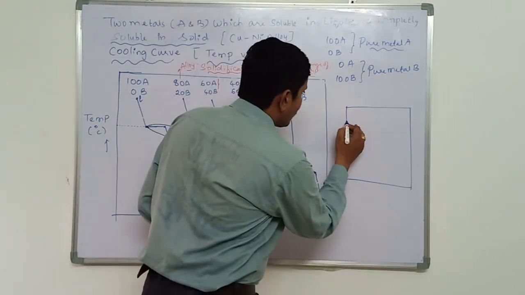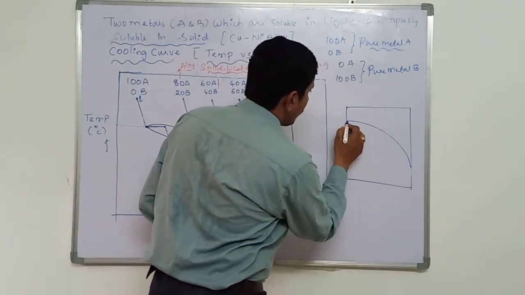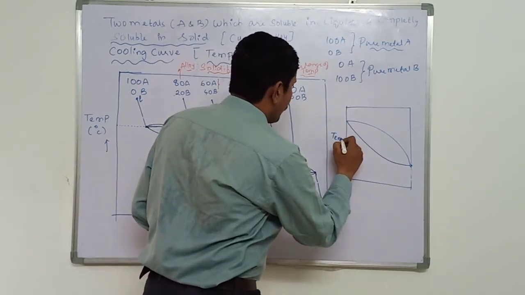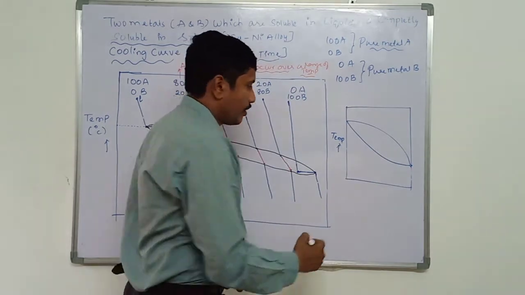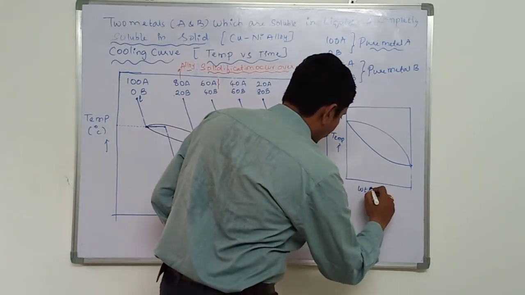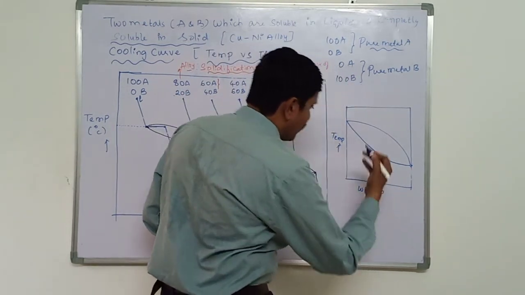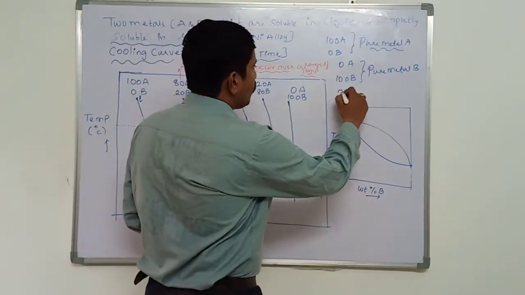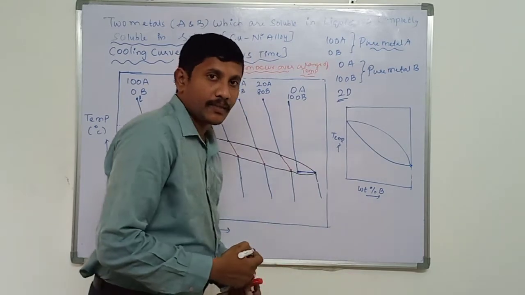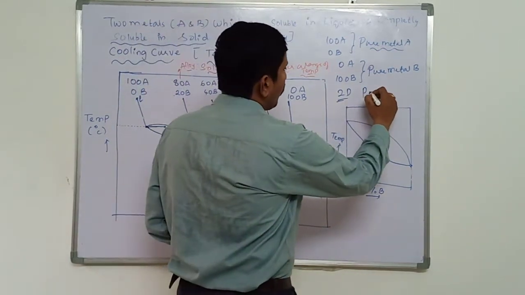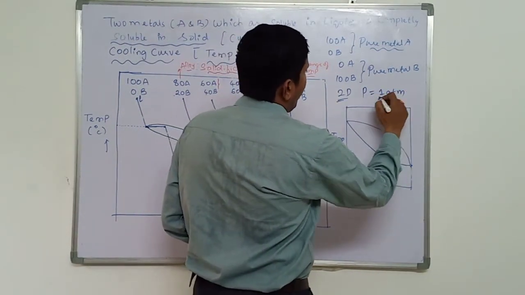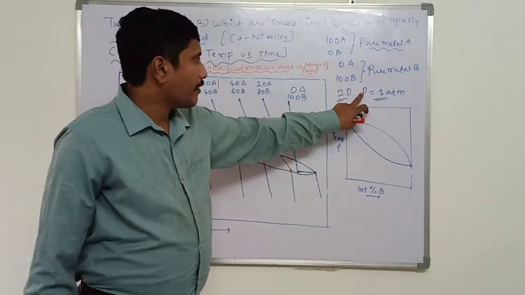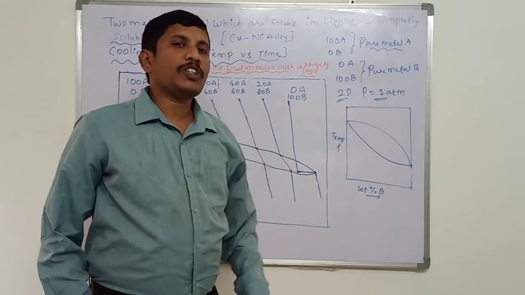So we'll be getting the phase diagram like this. Okay. So always when you are constructing the phase diagram, the temperature will be on the y-axis, and the composition, that is the weight percentage of the alloying element B, on the x-axis, right? So this is a 2D phase diagram we are constructing. We are assuming the pressure as 1 atmosphere. While constructing the phase diagram, we are assuming the pressure as constant and we are taking it as 1 atmosphere,